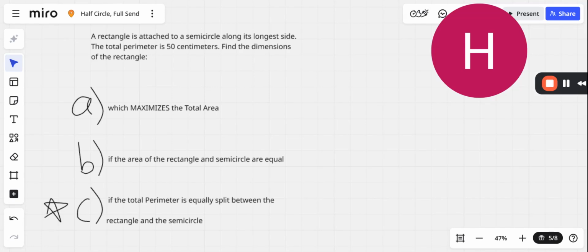This is math from the void. Math coming at you pretty much out of nowhere. And today, as the title suggests, we have a half circle but a full send. This problem is not for the weak-minded, the lazy. So if you're ready to step up to the challenge,